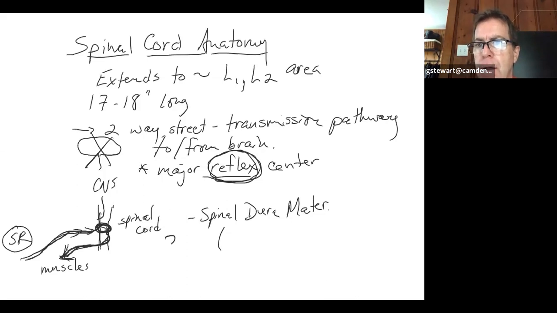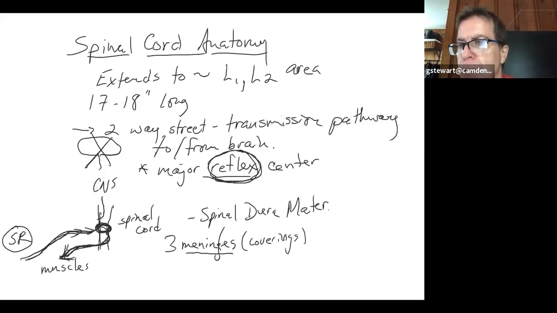There are 3 meninges, M-E-N-I-N-G-E-S, 3 meninges or coverings around the central nervous system tissue, so the brain and the spinal cord. Those are called